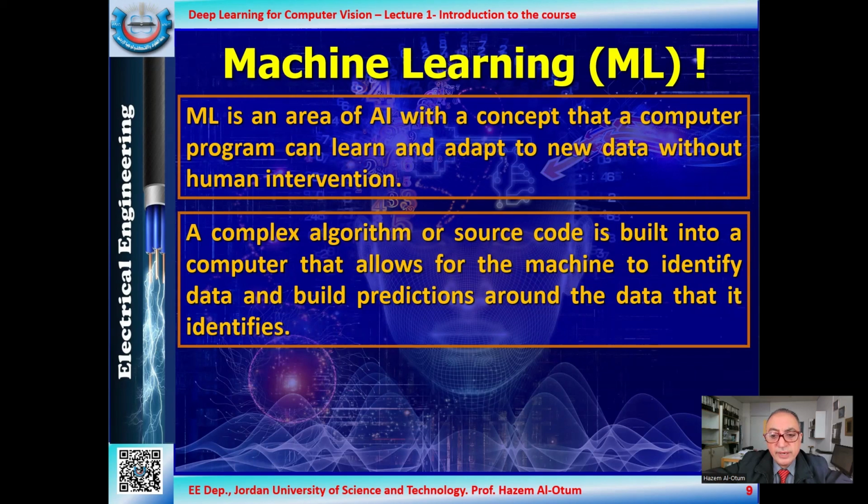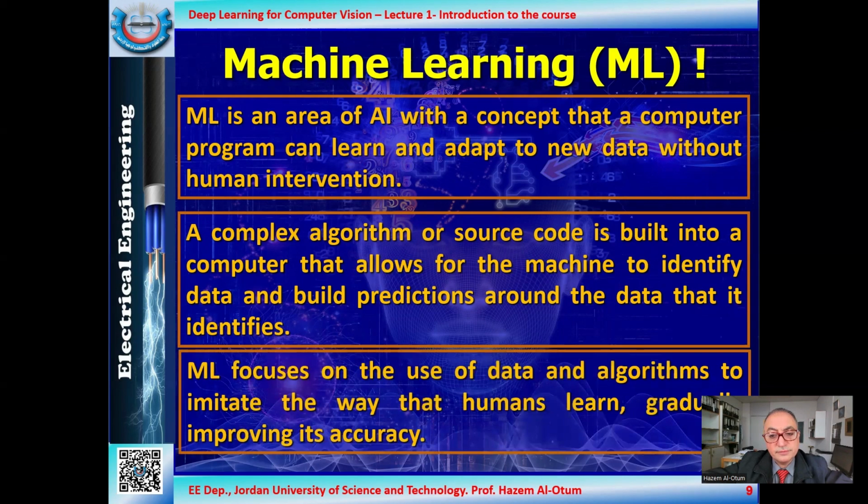Here, it requires complex algorithms and source code built into a computer, and they are all used after training. We need to train the system or the software, and it can make predictions around the data that has been used in the training. So when you feed in new data, it will use the trained data to get actions according to the features and information collected from the trained data. It helps to make predictions for new data when it is fed into this machine learning system. So as you see here, it can be used as a standalone application.